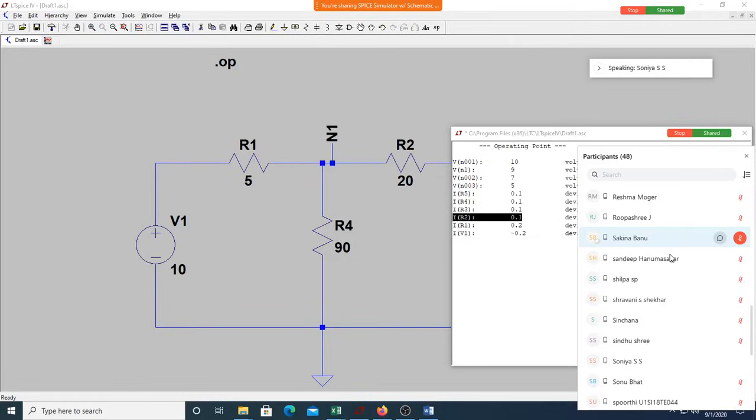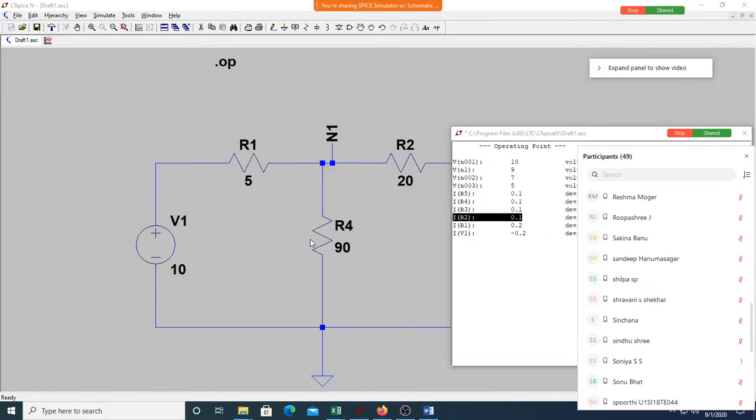How do we verify Kirchhoff voltage law now? Shall we consider this particular loop, the first loop, V1? I want all of you to write the equation. V1 is equal to I1 into R1 plus, let us name this as I4, into R4. I4 is nothing but the current flowing through R4. Am I correct? Yes, sir. Just read out the equation. V1 is equal to I1 R1 plus I4 R4. Perfect.